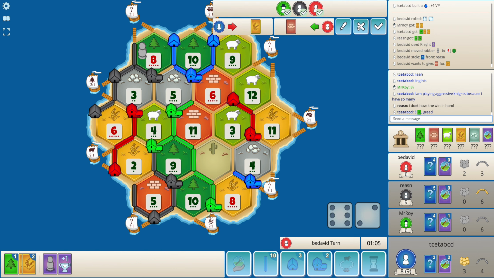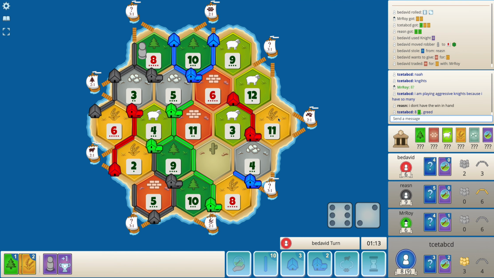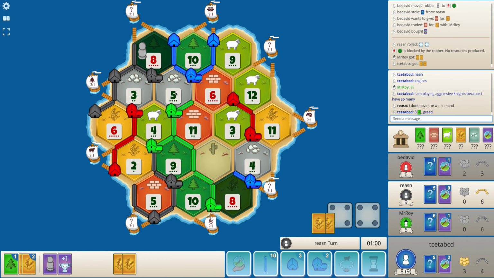So yeah, I wouldn't want to do this because I still need to get another city, and yeah, I think the 8 wood is completely fine there. I might not even unblock myself for now because